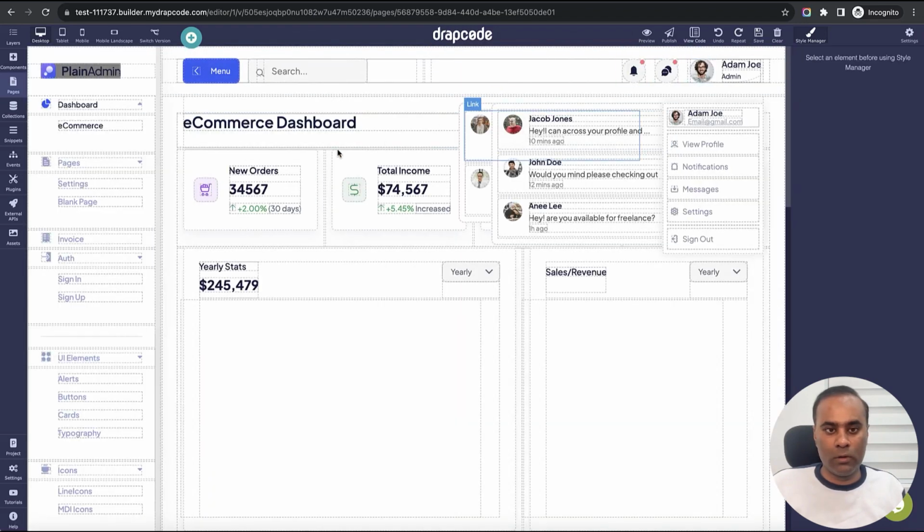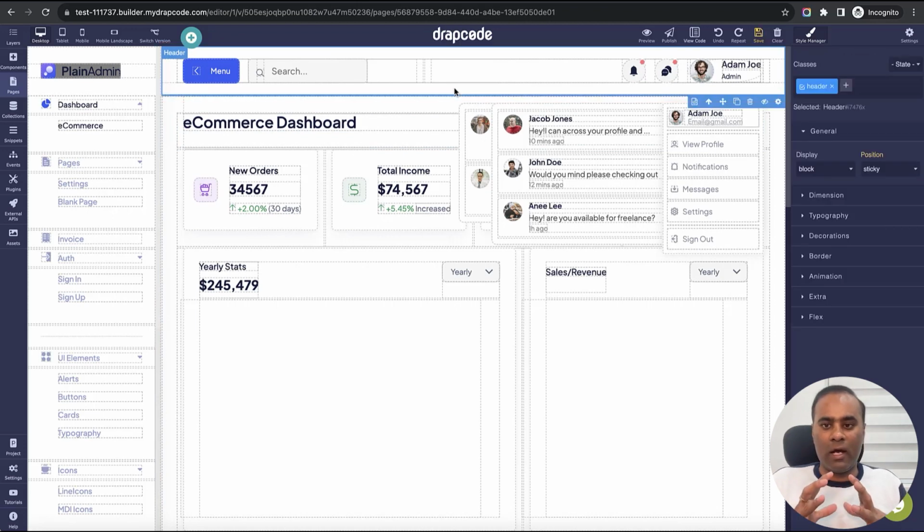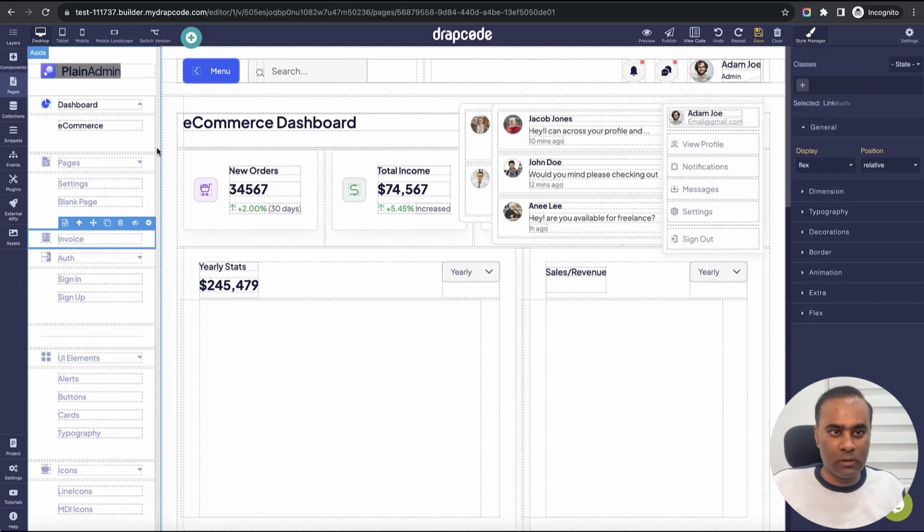So this is the page, this is the sidebar, top bar, all these things. Let's first clean up this one. Let's say this is my sidebar and this is my header. Now I am going to use the sidebar and header across the application, so I don't want them to be here. I want them to come from a snippet. So what I can do is just select this section, which is like this,